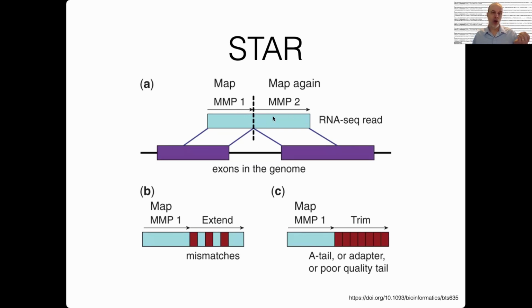So the introns are no longer there. Before, we collected the RNA and purified it, and most of the RNA that we're working with has been spliced to remove introns. So assuming this is the gene, how it looks in the genome, the purple rectangles are the exons, and the black in the middle here is going to be an intron, which is going to be spliced out. So this is what the messenger RNA that corresponds to this gene is going to